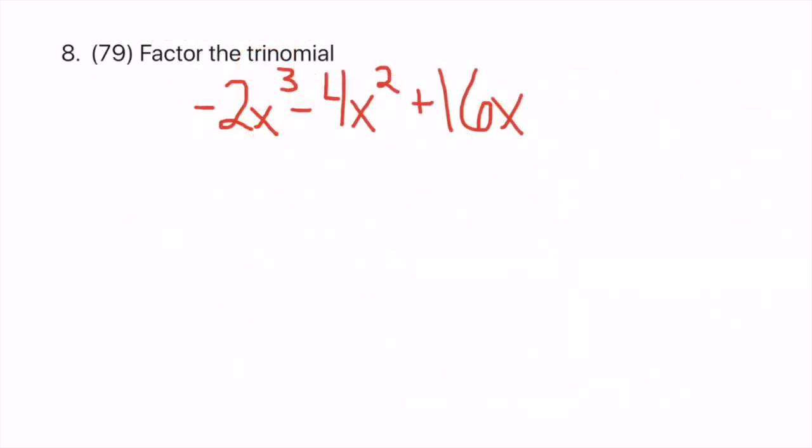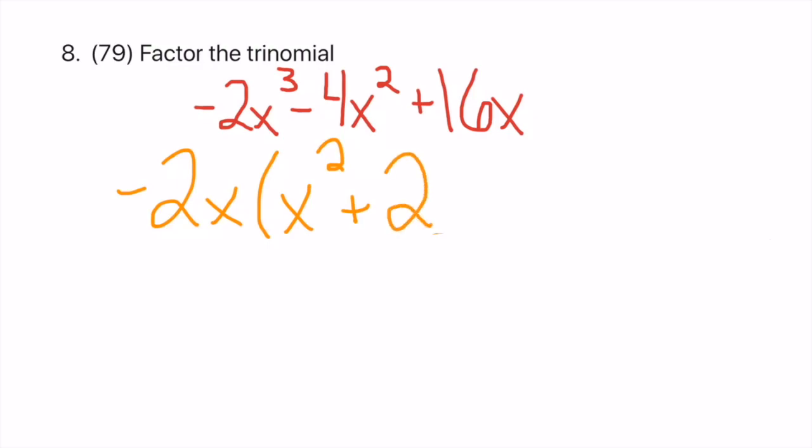Number 8 from lesson 79, it wants us to factor this trinomial. So first thing I notice is all of these are even numbers and they all have an x. So I first want to factor out the GCF. So I'm going to factor out a -2x, and I'm left with x squared plus 2x